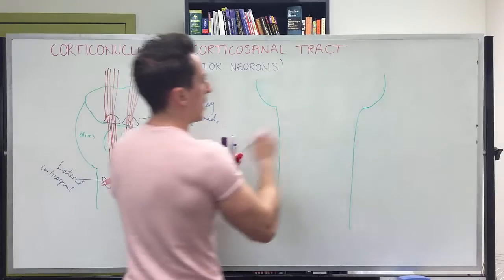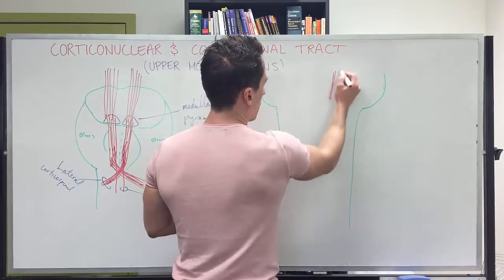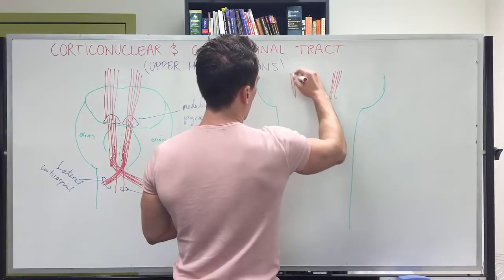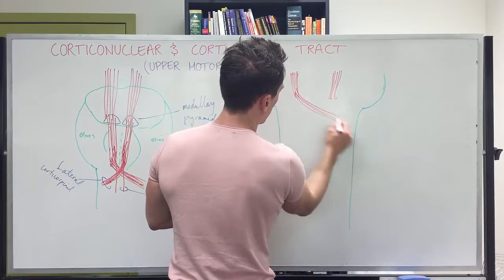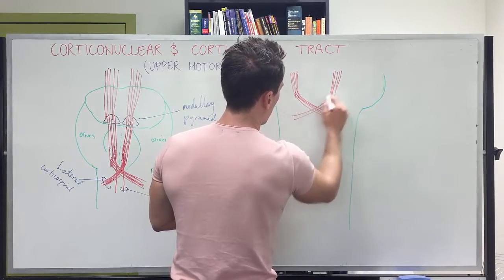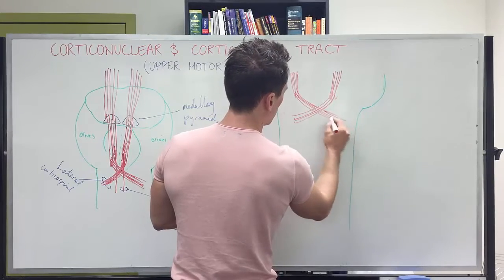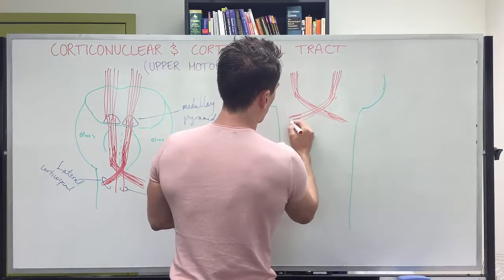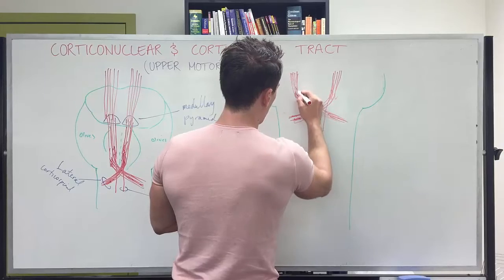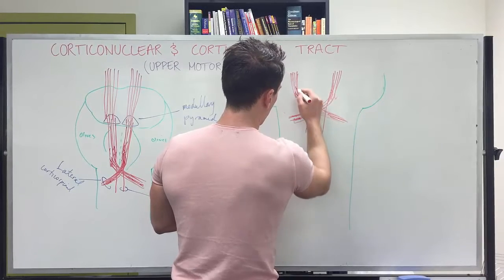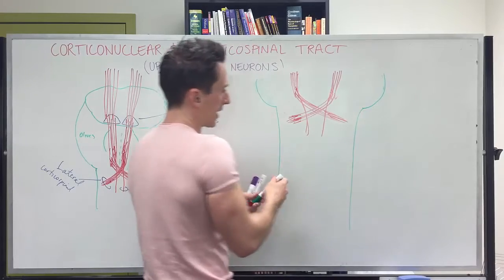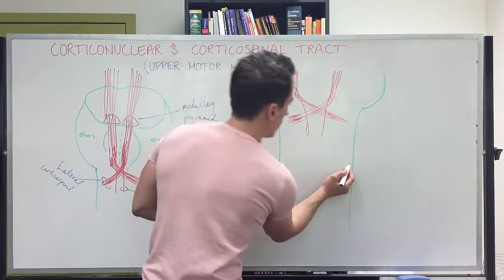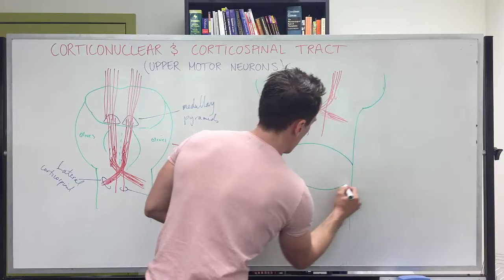And what we've just had is all these tracts cross over, the majority cross over, and then some continue straight down and haven't crossed over. All right. Now, if I were to take a section of the spinal cord, let's just say around about there,